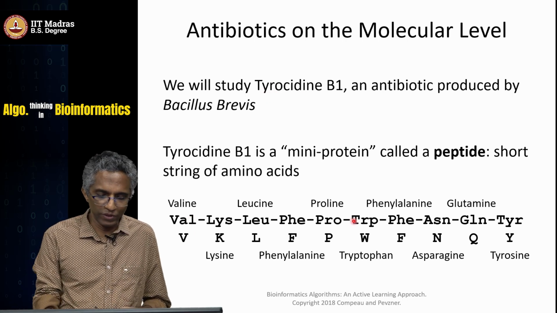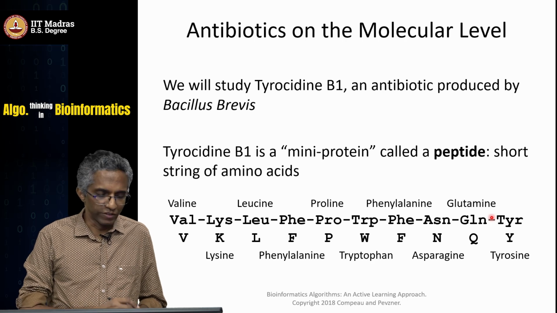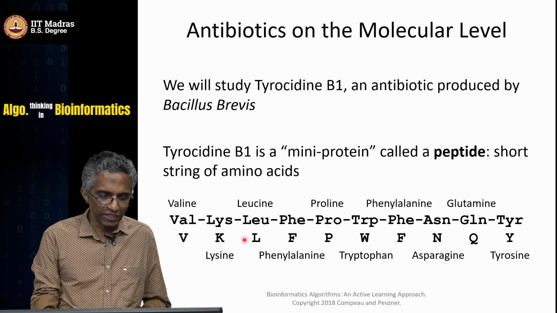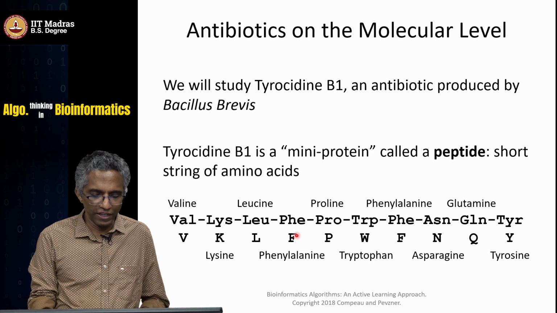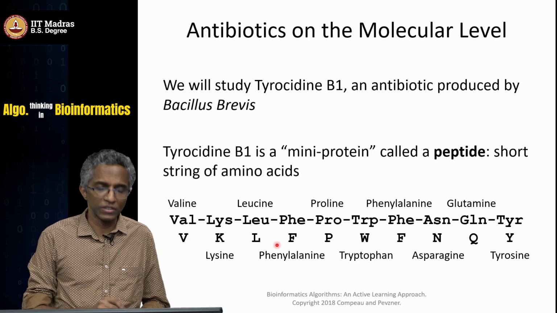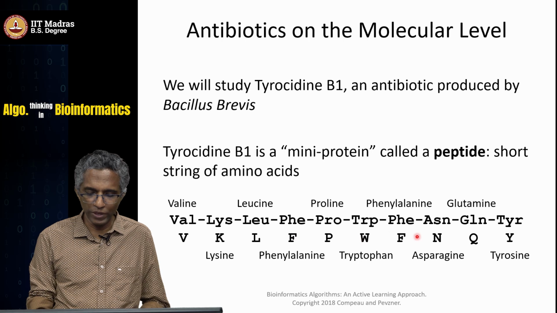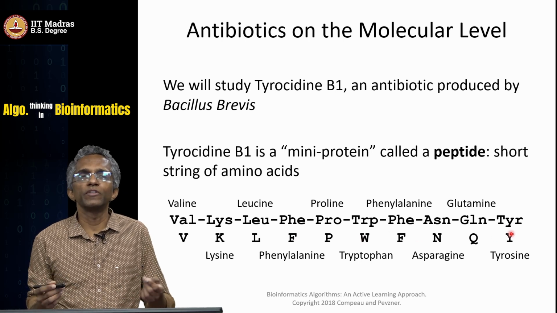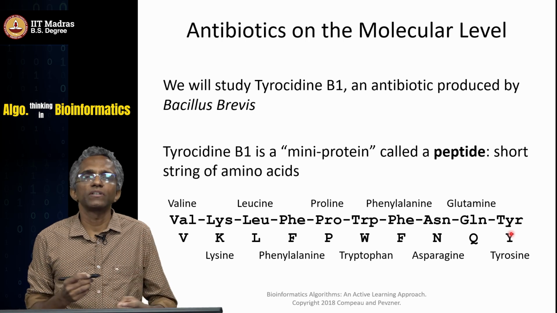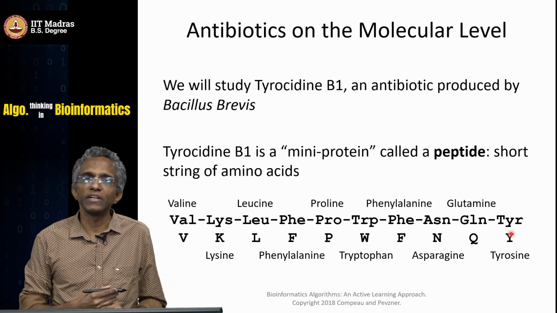The sequence of amino acids in this peptide is given below. So, there is a valine followed by a lysine, leucine, phenylalanine and so on. So, you have VKLF, these are all symbols representing the amino acid. So, we have VKLF, P, W, F and Q, Y. So, that is the sequence of amino acids that form up this particular short peptide, this antibiotic called tyrocidine B1